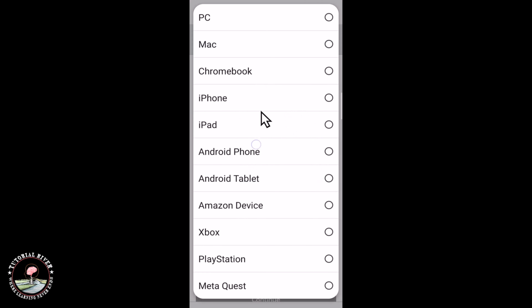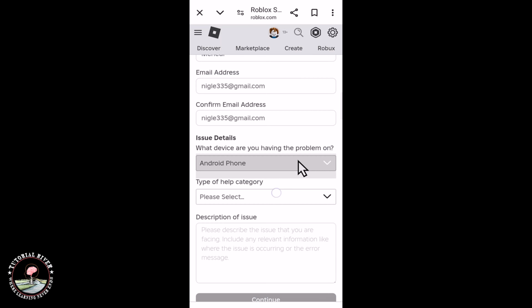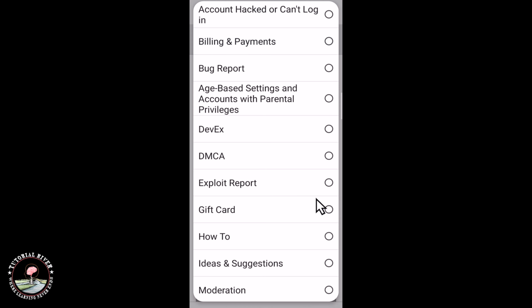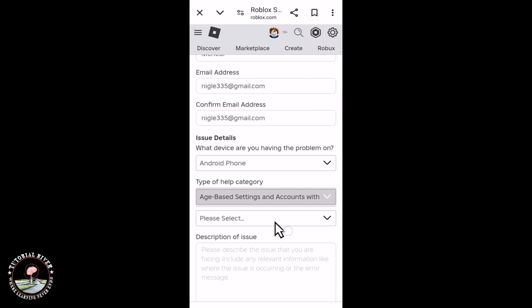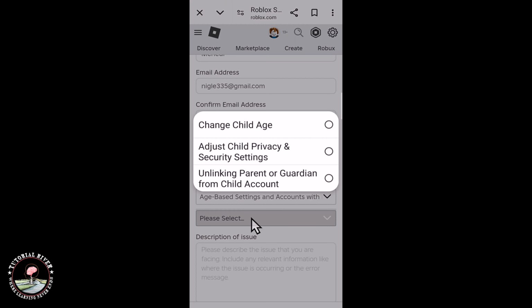select your device. I'm using my Android phone, and type of help category, select, click on, choose the first option, change child age,